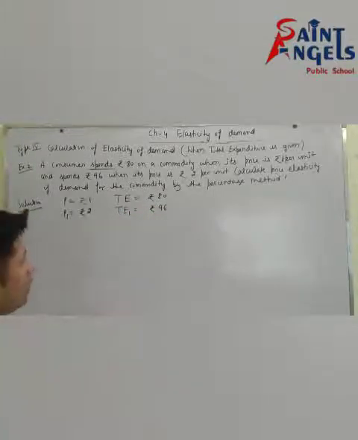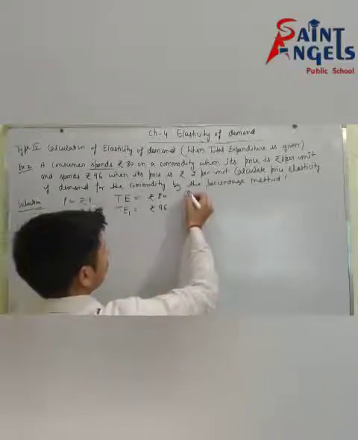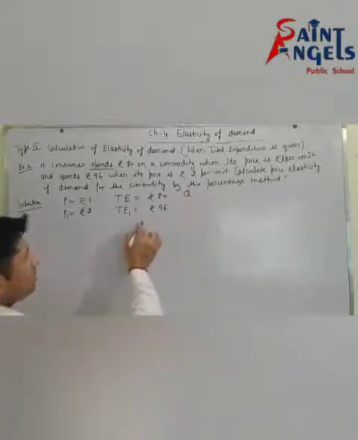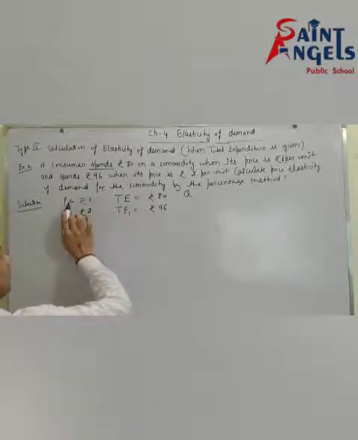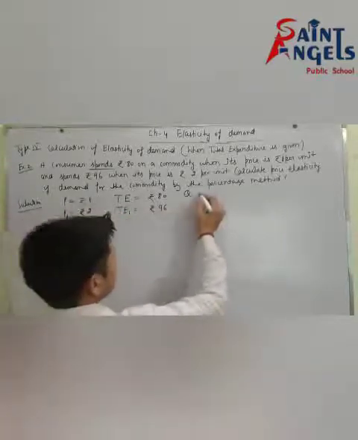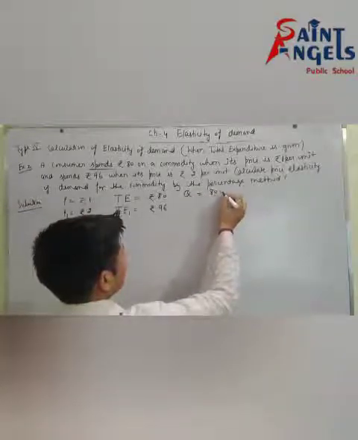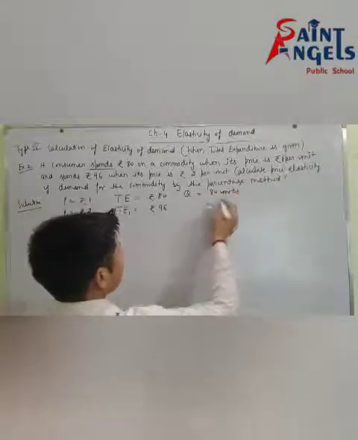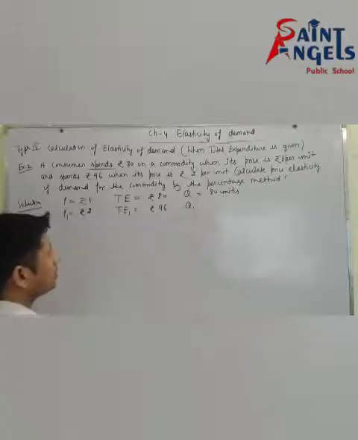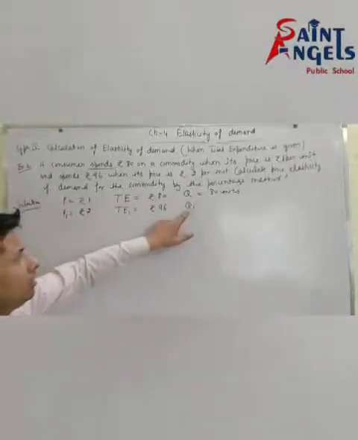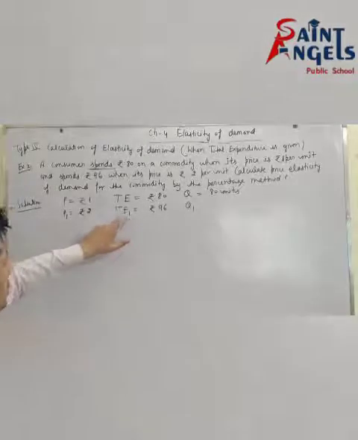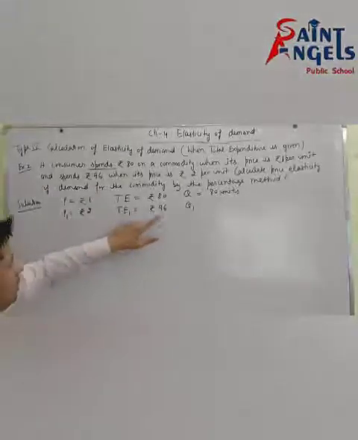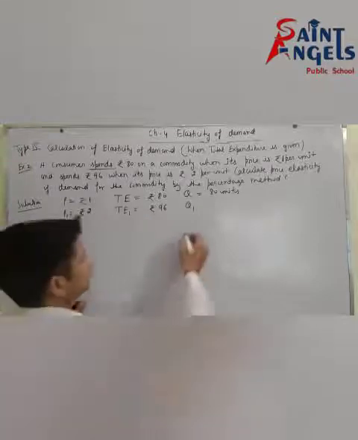Now you can calculate Q. Initial quantity means initial total expenditure divided by initial price, which is 80 units, and new quantity you will calculate by dividing new total expenditure by new price. So 96 divided by 2 means